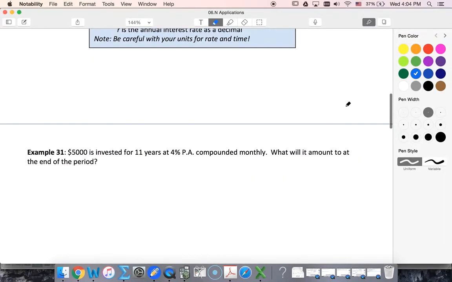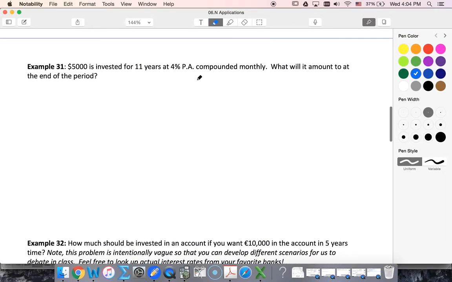Let's look at what happens if we have a different compounding rate. So now we're compounding monthly. That means every year we compound 12 times. Well, our 4% interest rate is the yearly interest rate, the annual interest rate. This PA stands for per annum. So we've got our 5,000 invested for 11 years at 4% annually, compounded monthly. So if I'm compounding monthly for 11 years, that means I'm going to compound a total of